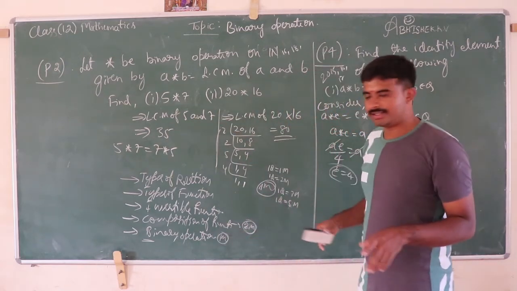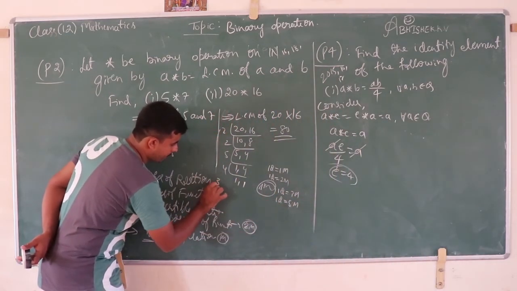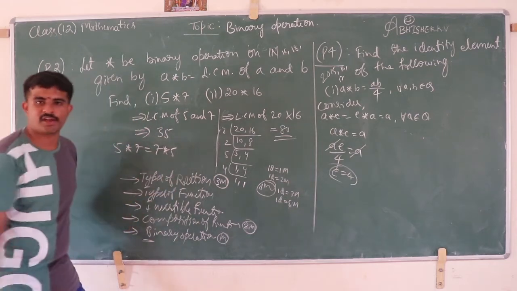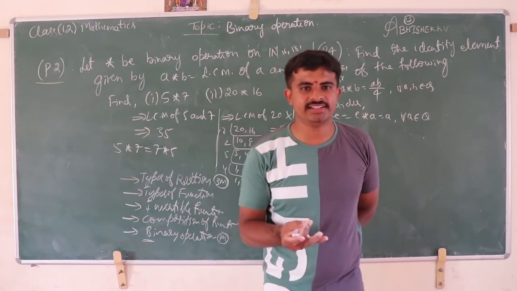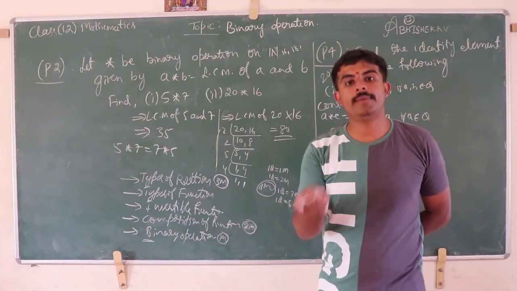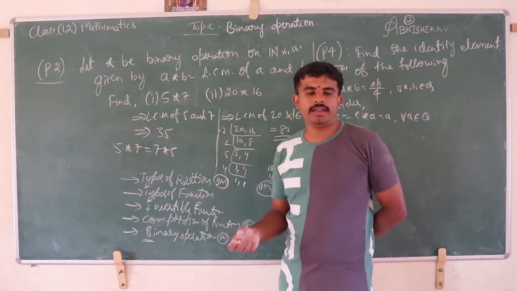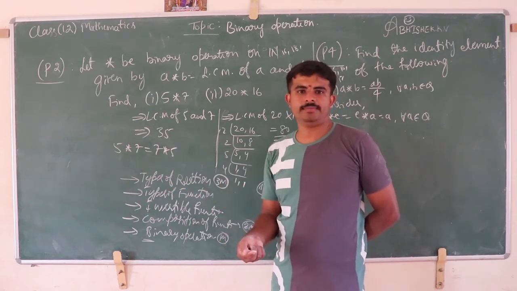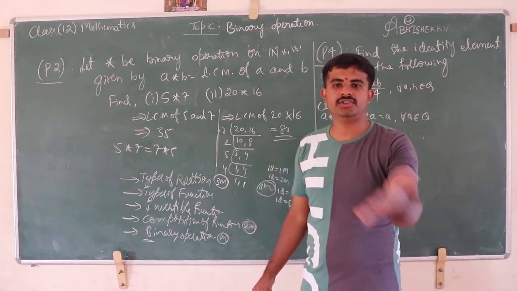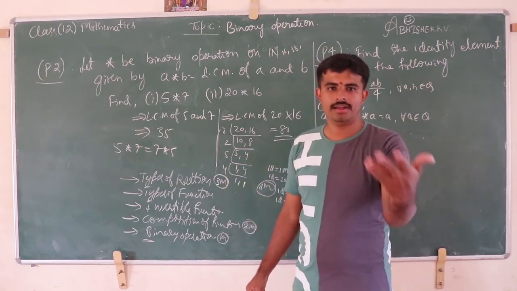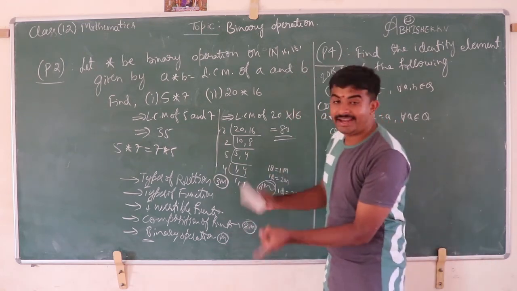Then what about 3 marks? You may get this question in the first subtopic, that is types of relation. We already know 3 types of relation: reflexive, symmetric, transitive. You may get the question from problems on types of relation. Okay, the examiner likes to ask: show that the given relation is reflexive, symmetric, transitive, or show that this is reflexive, not symmetric, not transitive, or it may interchange.